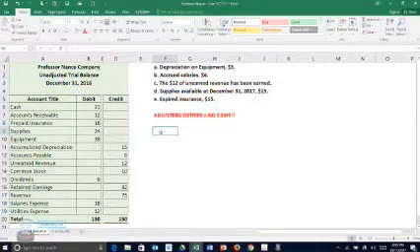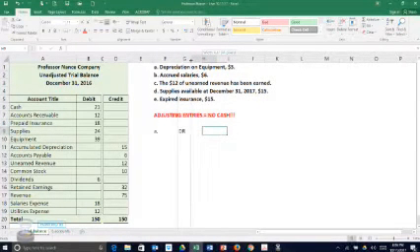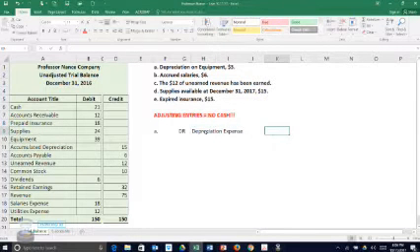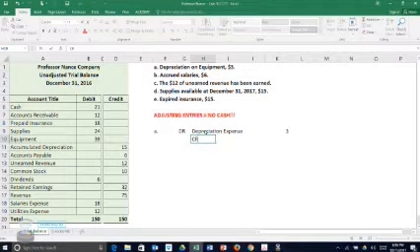Okay, so for part A, it tells us that we have depreciation on our equipment. So we're just going to record the journal entry here. We're going to do our debit first, of course. Anytime we're recording depreciation, we're always going to debit depreciation expense for, they say $3. We're a pretty cheap company apparently. And we're going to credit accumulated